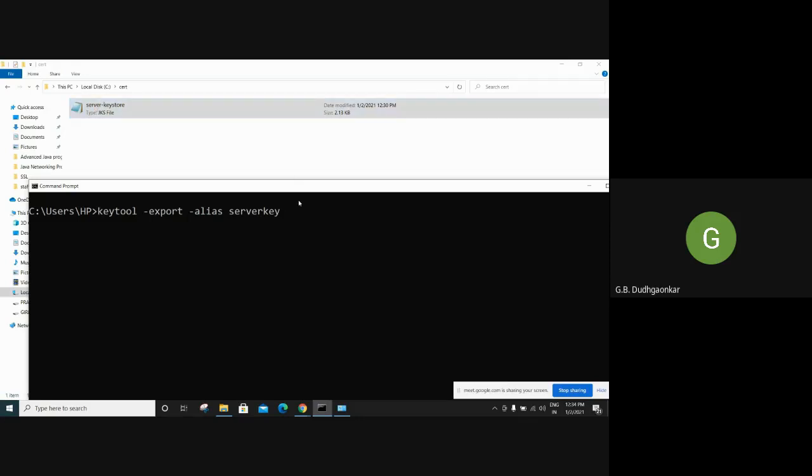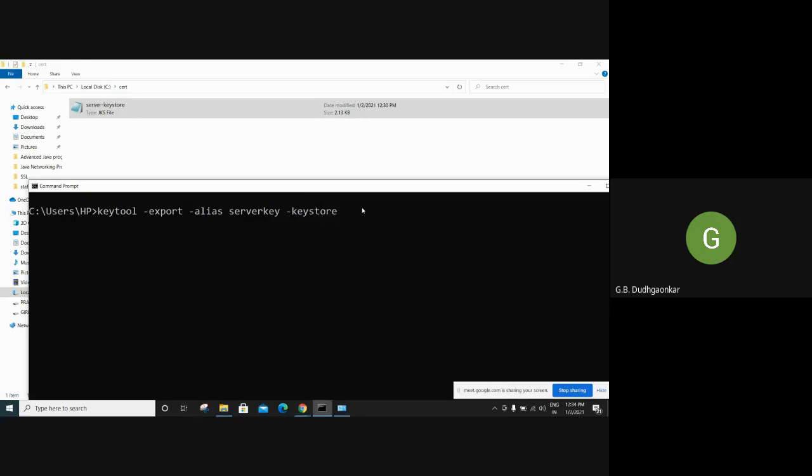So the same key we have to write here. Now directly we have to type keystore, which keystore is created by the JKS file. So that path, local C disk under cert, that is the path for the keystore. You know, store is storage. So where keys are stored, that path we have to write here.